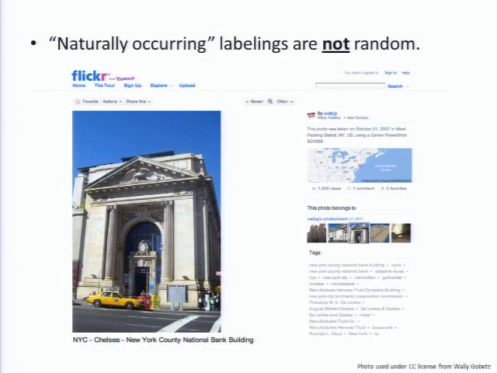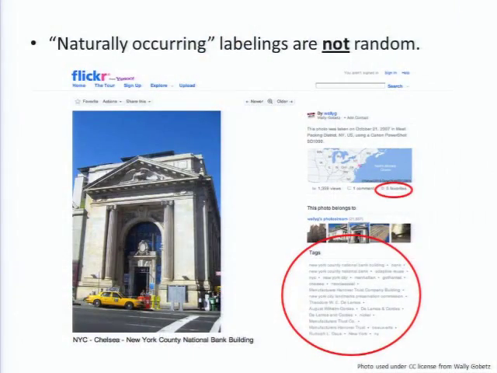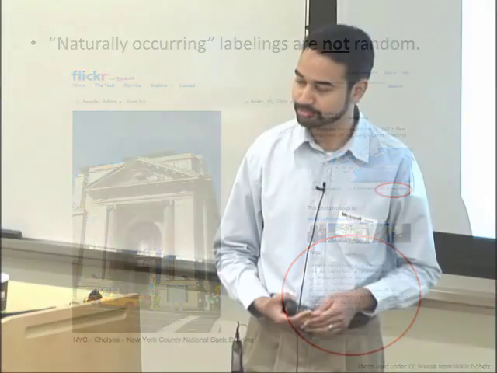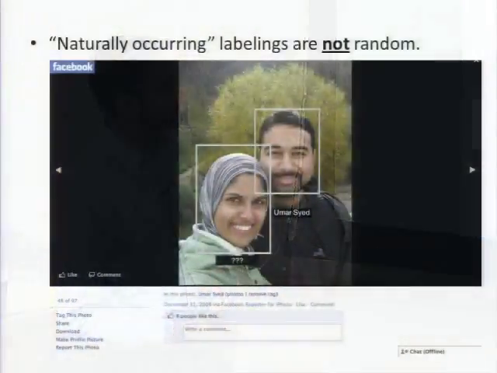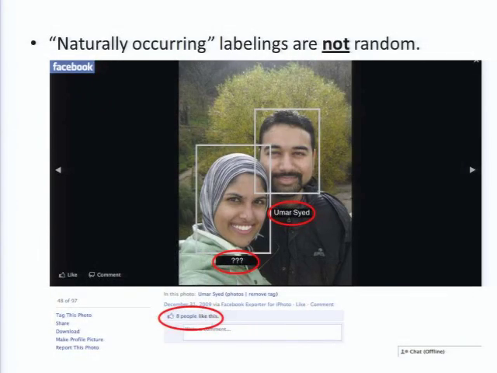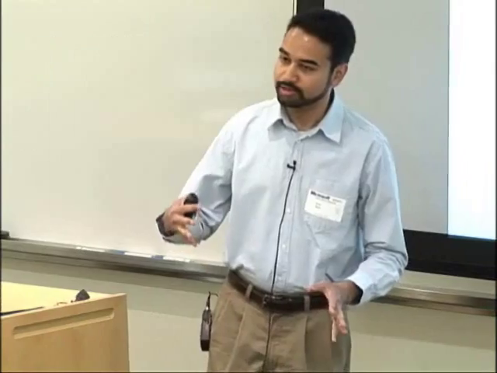But in most naturally occurring partially labeled data sets, the examples that are labeled are not selected at random. So consider a website like Flickr. Users on Flickr can tag pictures with tags that indicate the content of the picture. Something similar happens on Facebook. You can tag pictures. You can also indicate whether you like the picture or not. And the process by which users are selecting pictures to label is unknown to us, but it's almost certainly not